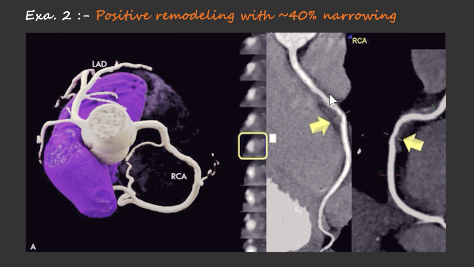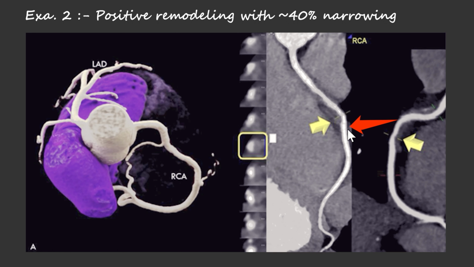Coronary angiography only shows the lumen, the hollow channel where the blood flows. It doesn't show the full thickness of the artery wall. But in this CT angiography, we can clearly see what's hiding beneath that 40% narrowing: a large, deep plaque buried inside the vessel wall. The hallmark of positive remodeling. The artery has expanded outward to accommodate the plaque, keeping the lumen relatively open. This is critical to understand.